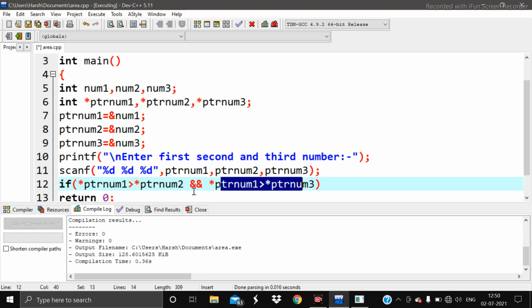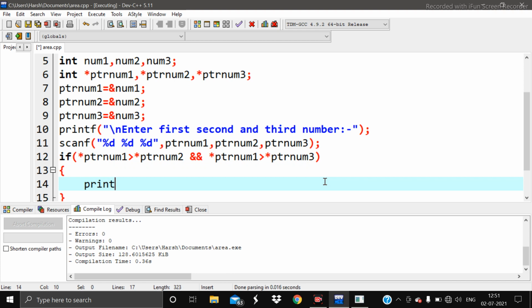If any one of the conditions is not true, for example, if a is greater than b, but a is not greater than c, it means that c is greater than a. So it will go to the nested if else condition. If there is a certain number of if else, then we cannot say that it is a loop. If there is an infinite number, then we can say that it's a loop.